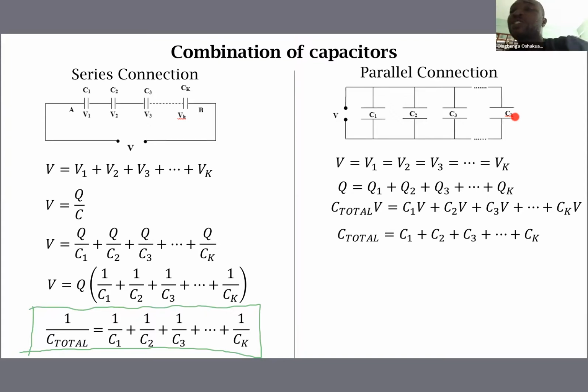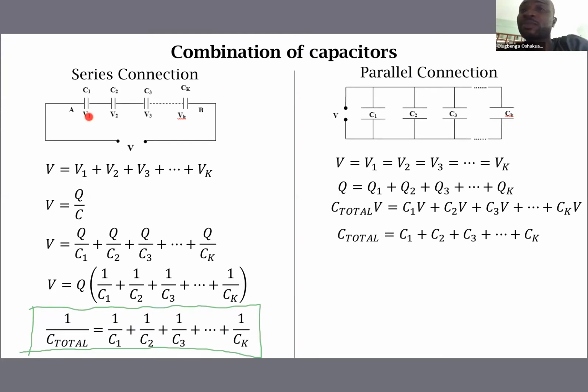And the total charge stored is the charge stored by C1 plus the charge stored by C2 plus the amount of charge stored by C3, and on and on. And the total capacitance can be easily defined as C total equals C1 plus C2 plus C3 plus C4 up to the last capacitor. So when we compare capacitors connected in series and those connected in parallel, we can say that